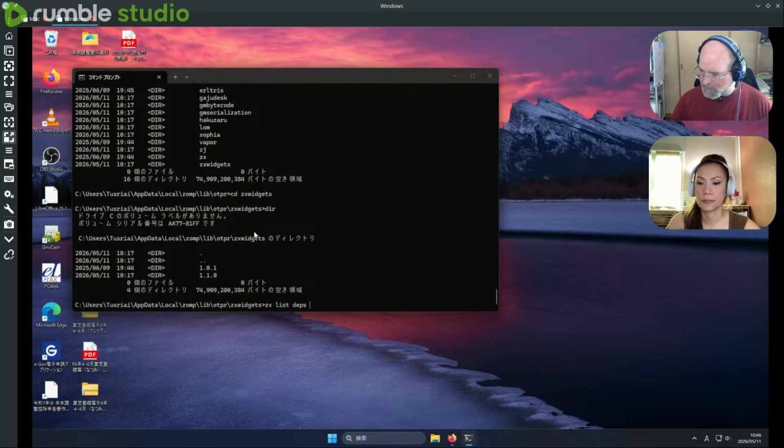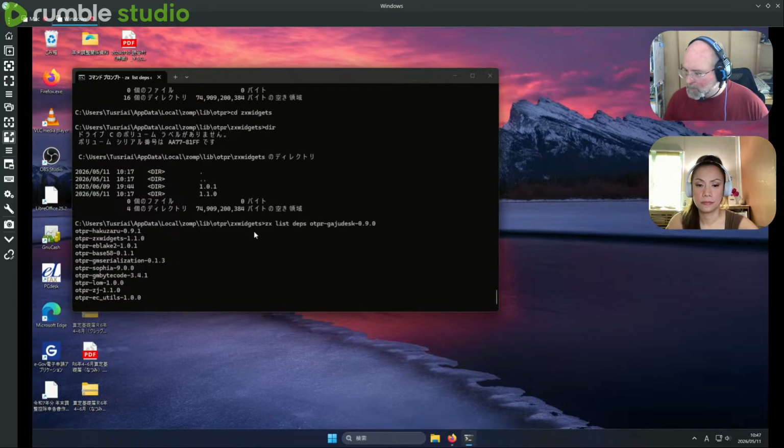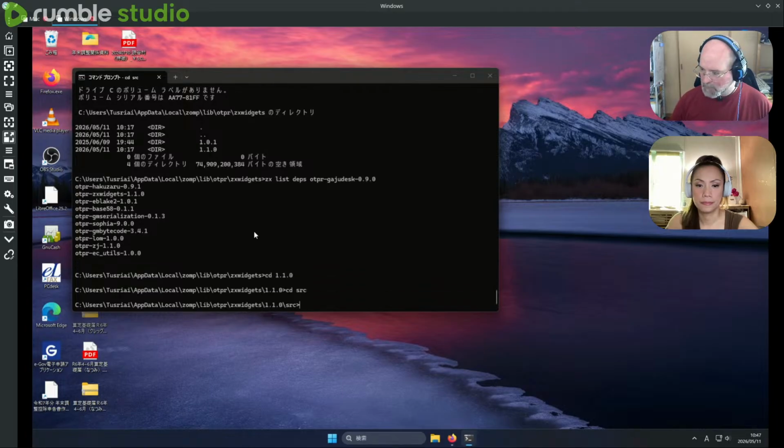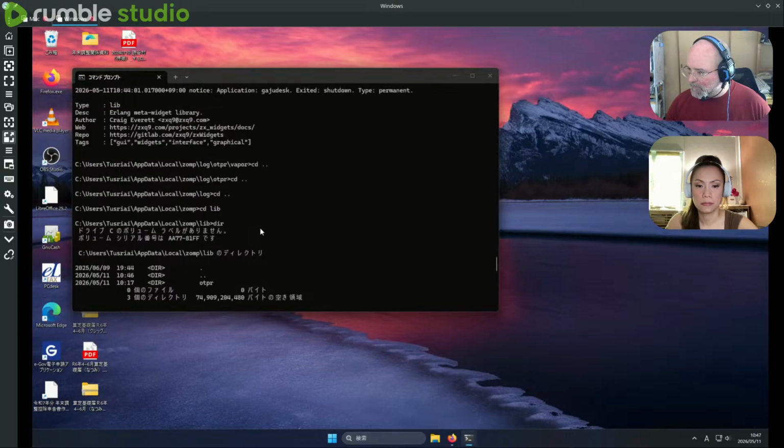ZX list depths. ZX widgets, okay. What was it? Flag? Oh.